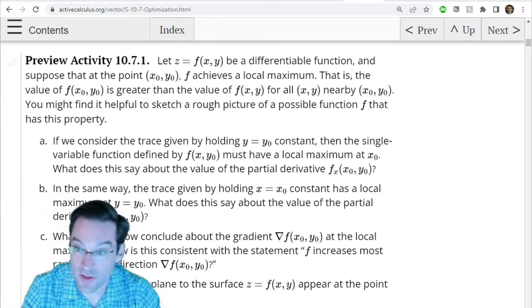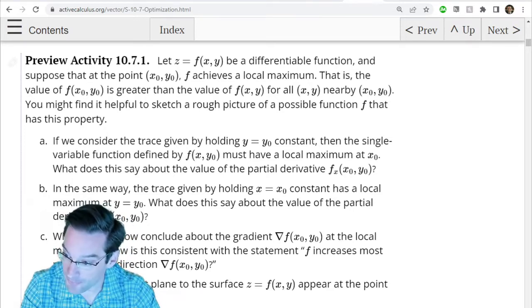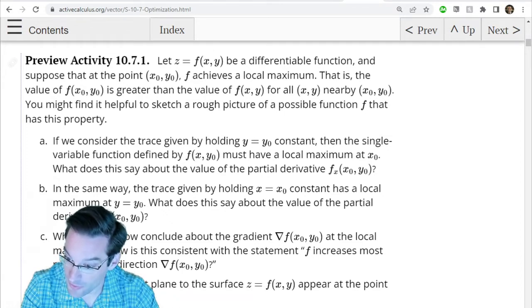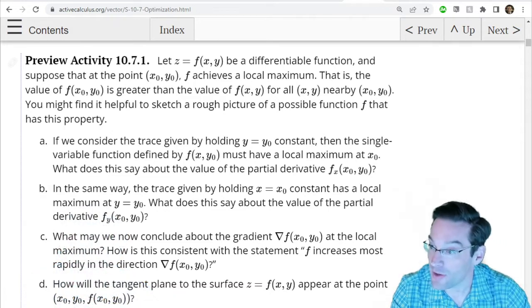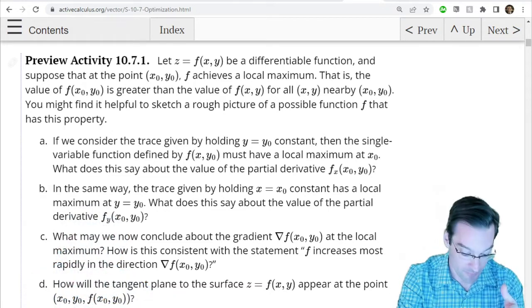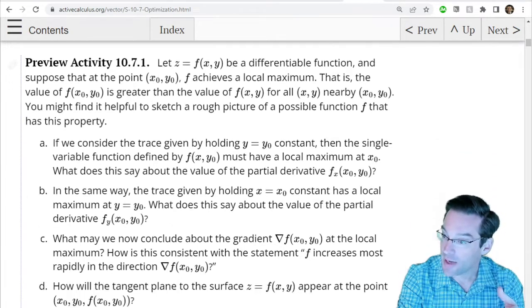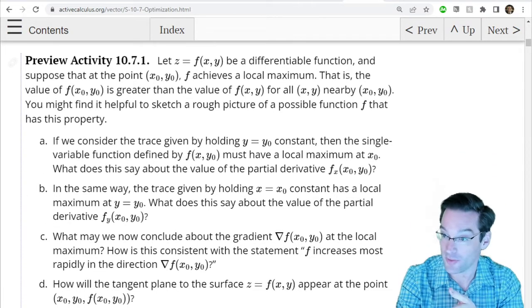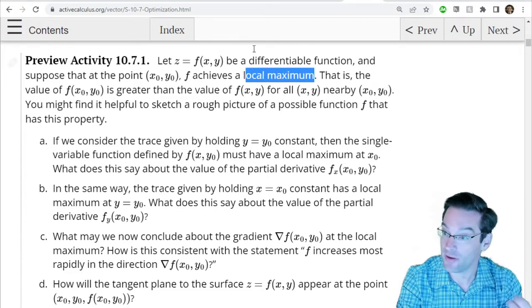So the preview activity in this section is actually pretty conceptual, which is different than a lot of the preview activities that we end up doing in this text, because what the preview activity is going to ask us to do is to think about a place where we're going to want a critical point, a place, for example, where a function achieves a local maximum. So the picture